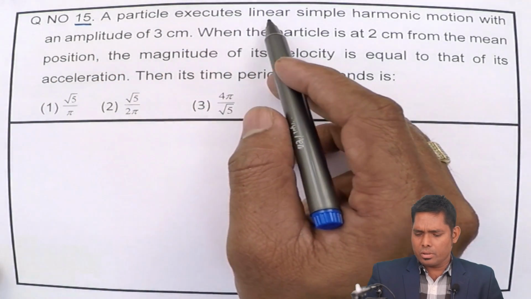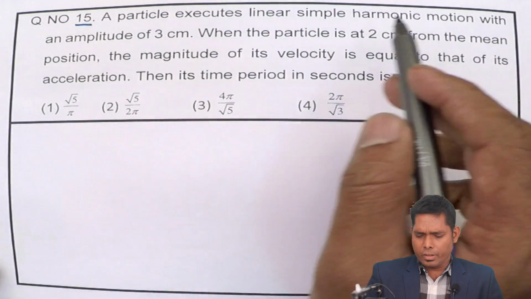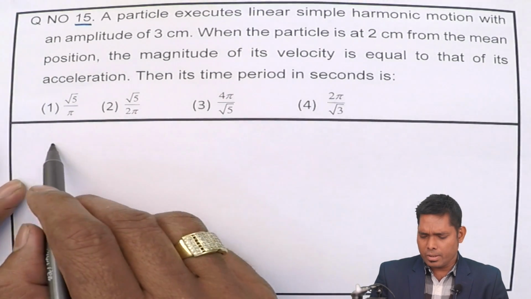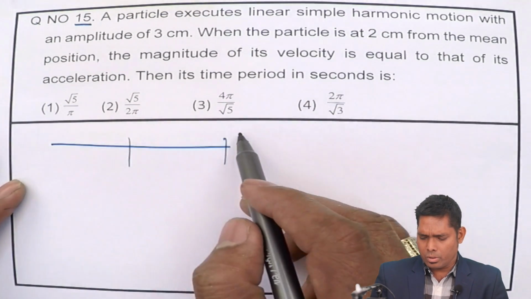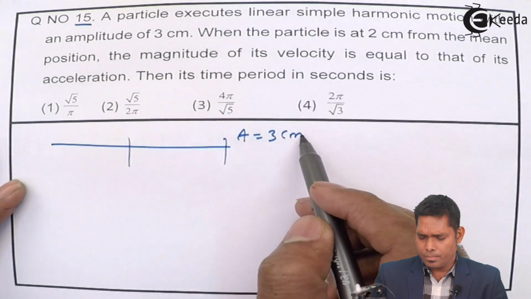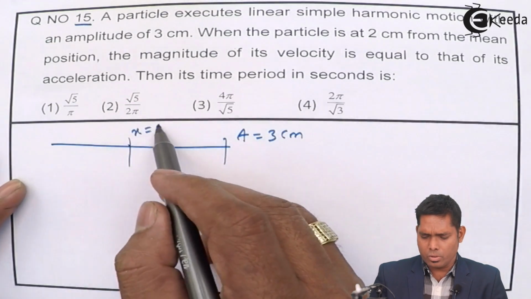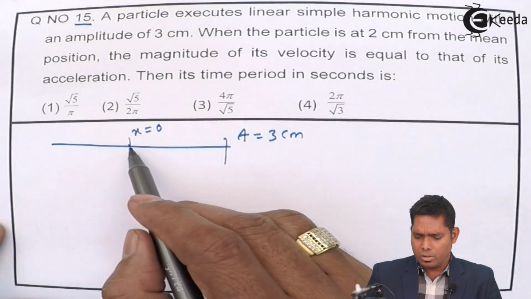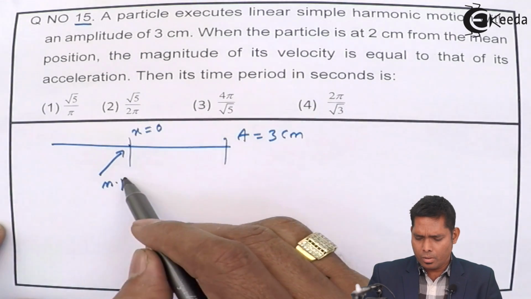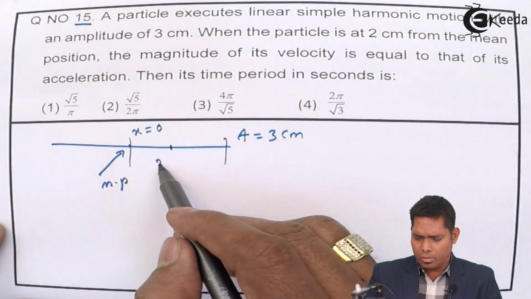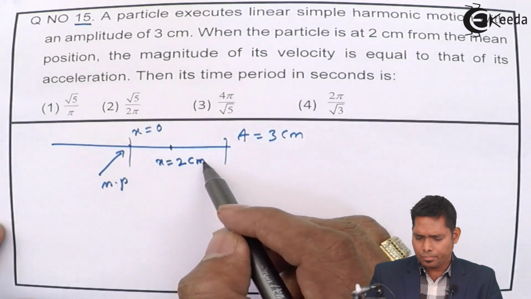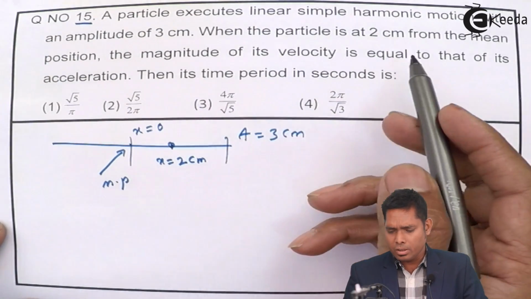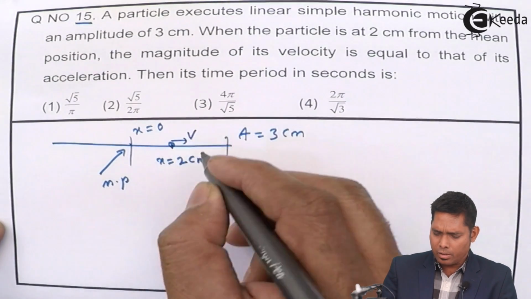A particle executes linear simple harmonic motion with an amplitude of 3 cm. So, a particle executes SHM with amplitude equal to 3 cm. This is the mean position, x equal to 0. When the particle is at a distance of x equal to 2 cm from the mean position, the magnitude of its velocity is equal to